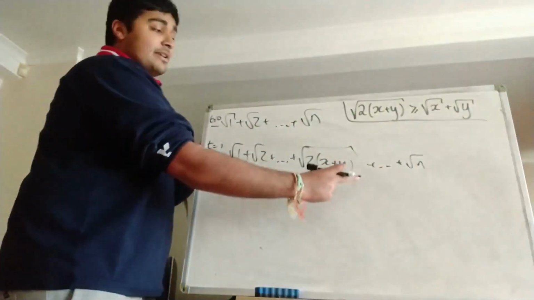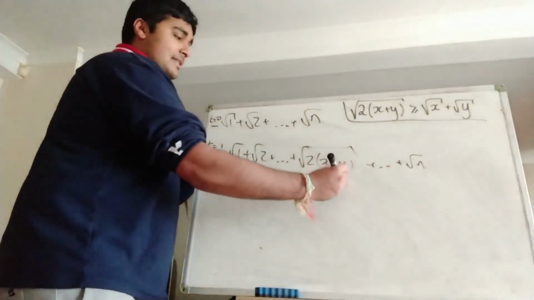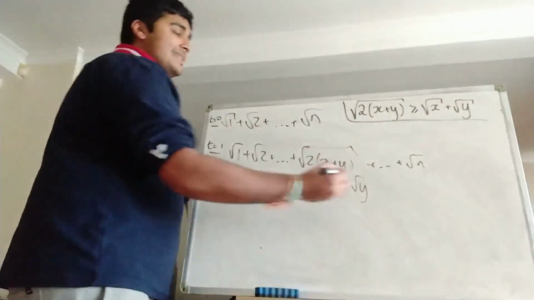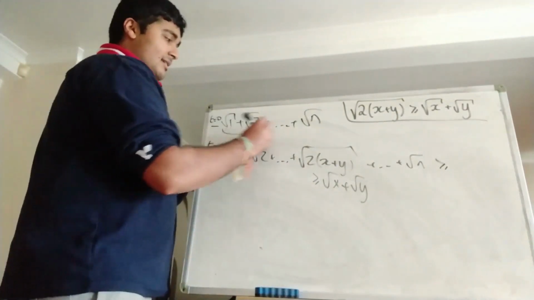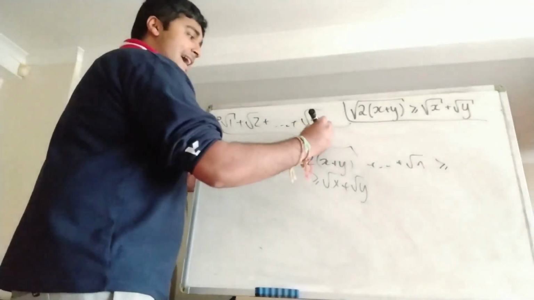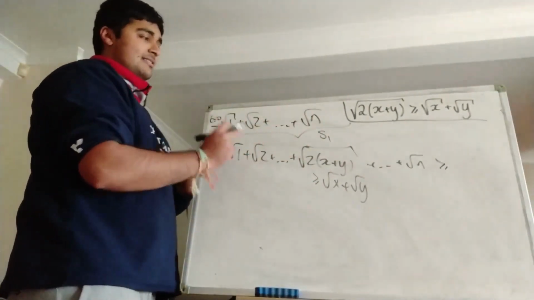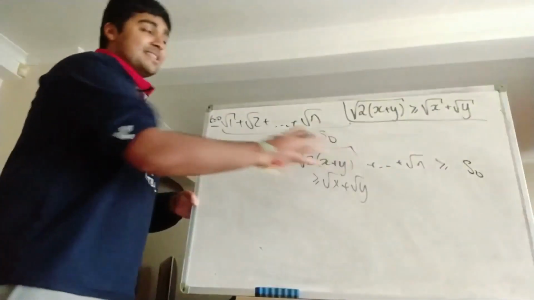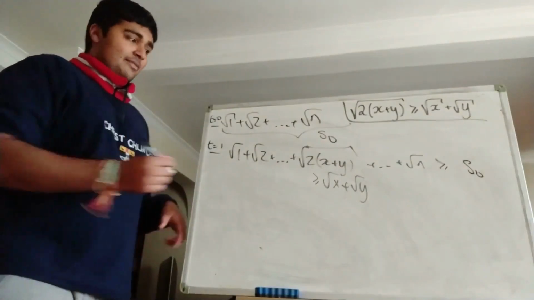all the way up to root n. But we know that this thing here is going to be bigger than or equal to the square root of x plus the square root of y by this inequality here. So this all in all is bigger than or equal to this guy here. Let's call it S1, sorry, S0, for the score at time equals 0. So we have this thing is bigger than or equal to S0,